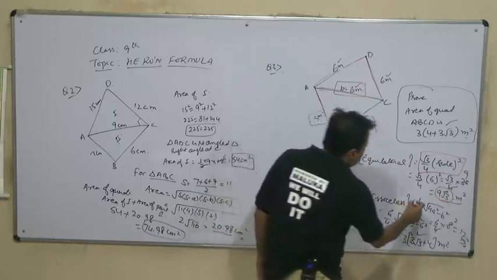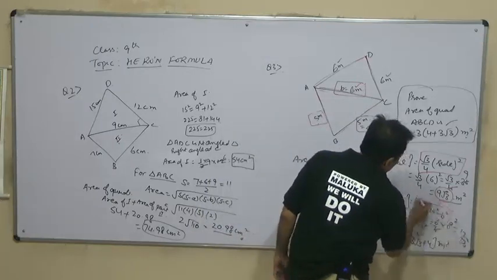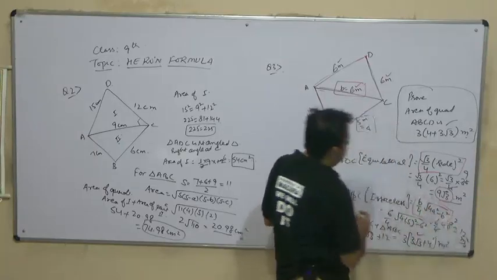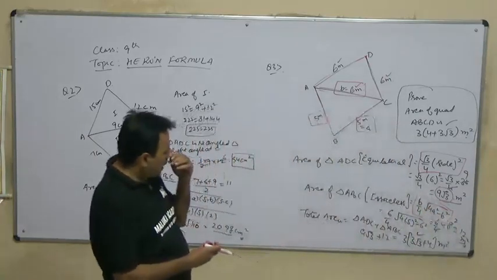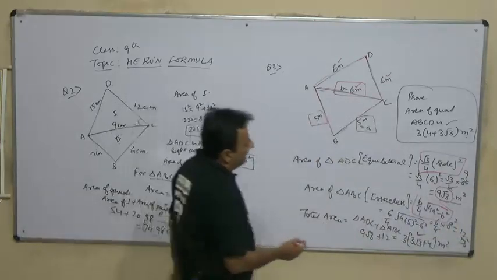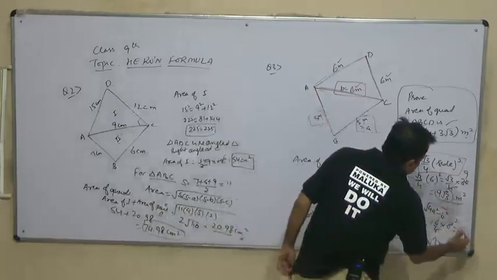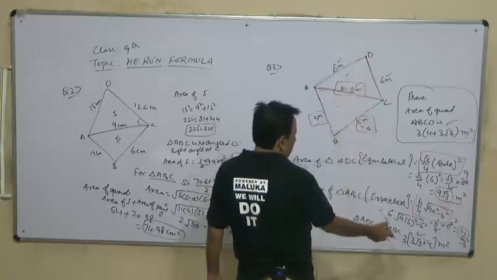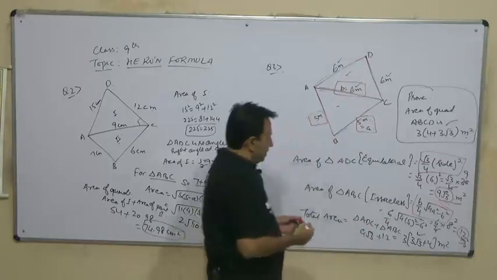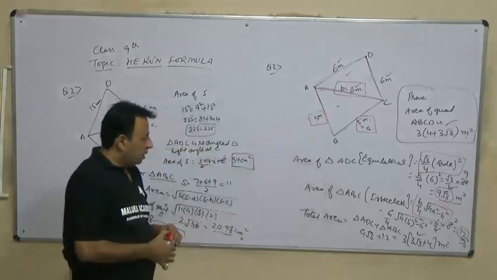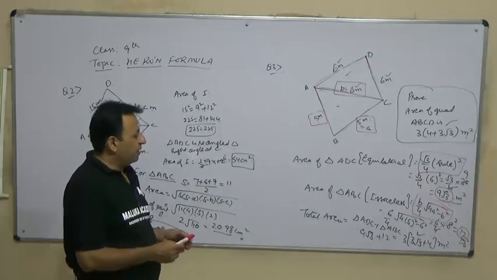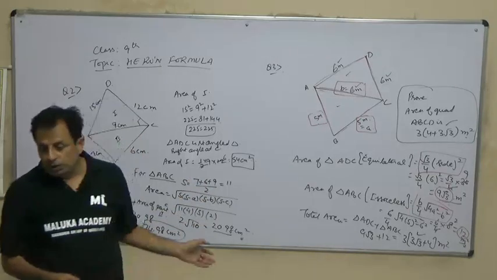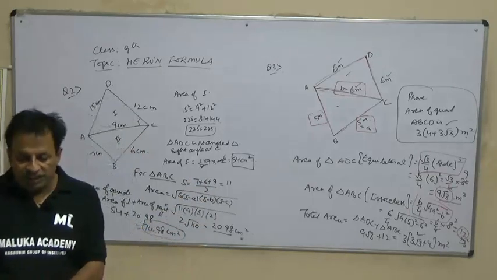And the formula for this is b upon 4 times the square root of 4a square minus b square. So we substituted the value and found the area as 12 meter square. Then to find the total area we add this area and this area, and we get the final area as 3 into 3 root 3 plus 4 meter square. So this is what we wanted to prove. Now we move to the next part, but before that we have to rub this part.